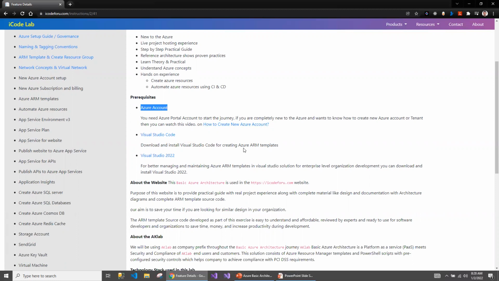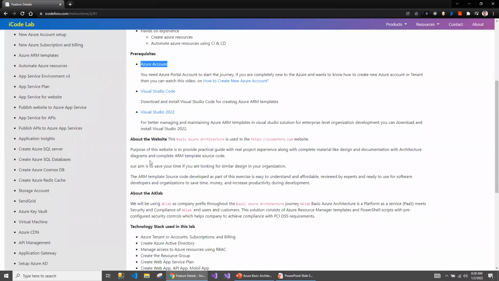As I mentioned, I'm going to follow the industry best practices, so you will not be creating resources all the time using the Azure portal. You will be creating the resources using ARM templates and automating through the CI/CD pipeline. If you have Visual Studio 2022, the latest version of Visual Studio, it is recommended and useful for managing your ARM templates in a solution.